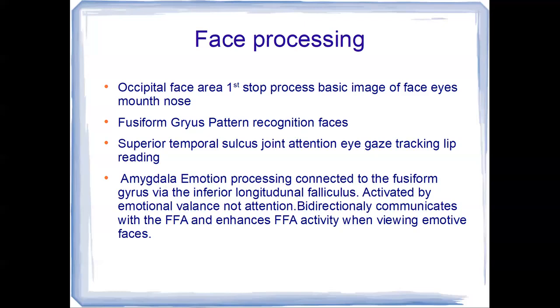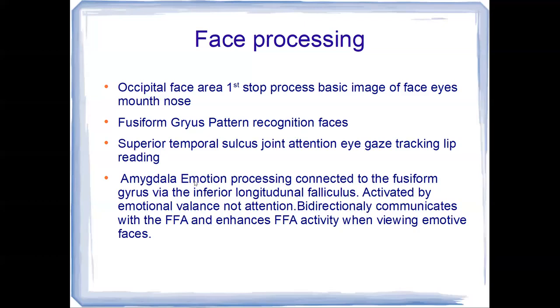Most of you know that it is involved in emotion processing, especially negative emotions. What's really interesting about it is it, at least in adults, seems to be co-activated at the same time as the fusiform gyrus, the pattern recognition area, and there's bidirectional communication between the two via a white matter tract called the inferior longitudinal fasciculus. And this is